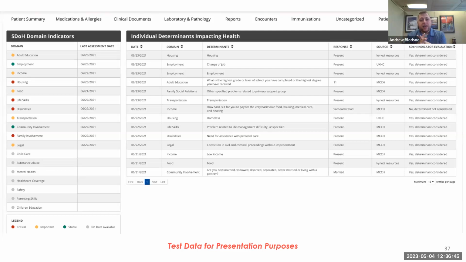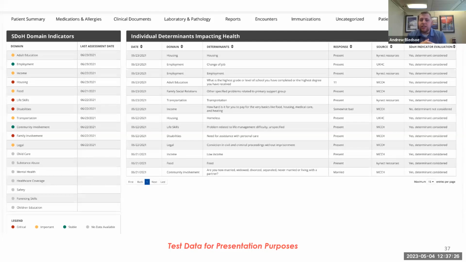On the left-hand side is a macro level view. So everything is aggregated into these identifiers and gives you that red, yellow, and green status. And each individual is logged on the right-hand side. So you can see which ones were most recently provided or submitted and where the source was for that information. So this can help as you all are looking to know more about the patients that you're working with. You can help to understand if somebody else has marked them as having a social determinant of health, because it's important, like earlier with the transportation, it's important to know if transportation is an issue for the patients that you're working with, if you're going to refer them on to another facility or location.